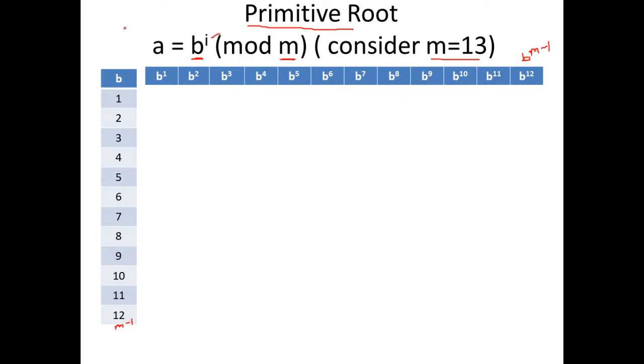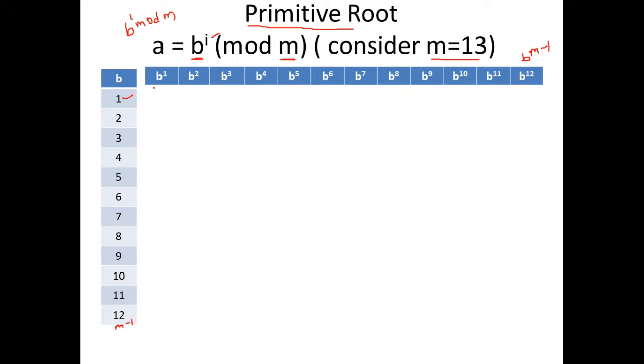In every column we are going to do b^1 mod m, b^2 mod m, b^3 mod m, b^4 mod m, b^5 mod m, like that up to b^12 mod m, which is b^(m-1) mod m.